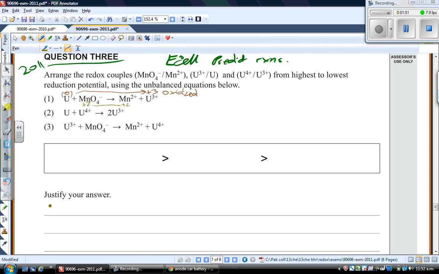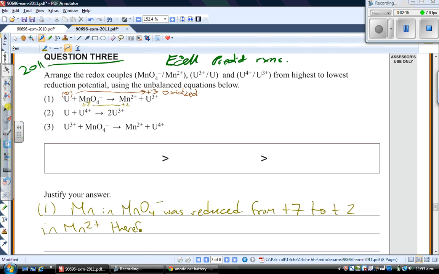So from equation 1, the manganese in permanganate was reduced from +7 to +2 in the manganese ion itself,